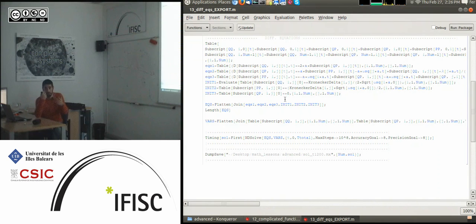You don't need to, I mean, the program is supposed to be working, and that's it. So this is written like a code, more or less. Once you save it in .m, it directly plots it, writes it in this way, more or less. But here, what I do is, I say equations 1 is a table of differential equations with derivative with respect to t equal to whatever. More equations,